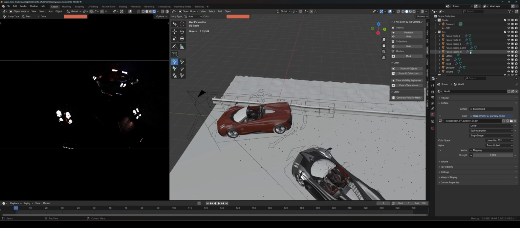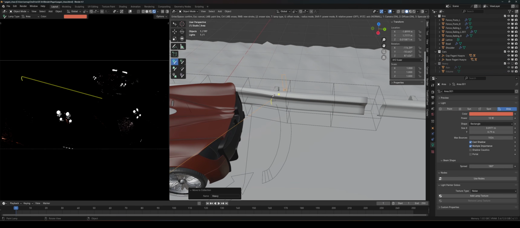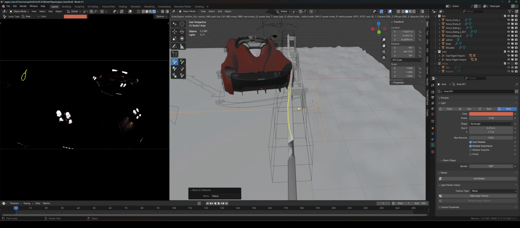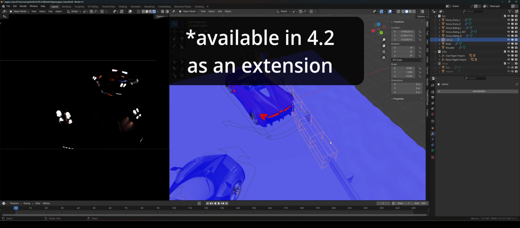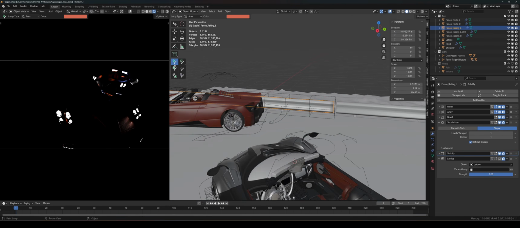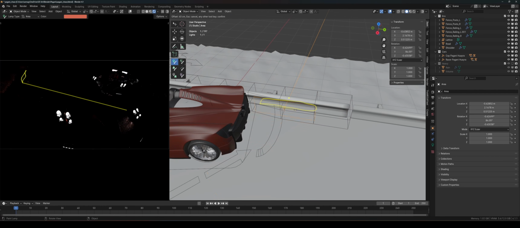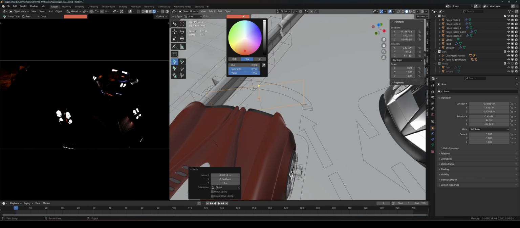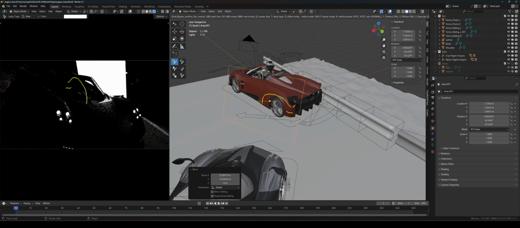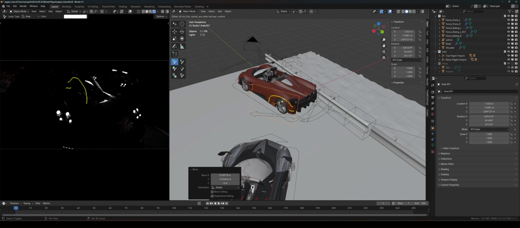Now for the lighting. I use the Light Painter add-on, which comes with Blender 4.2. It's also downloadable for 4.1. This is one of my add-ons again. So is InView. I don't know if I disclosed that, but InView and Light Painter are my add-ons that I've made. But I really like Light Painter because it allows me to focus on the direction and intent of the